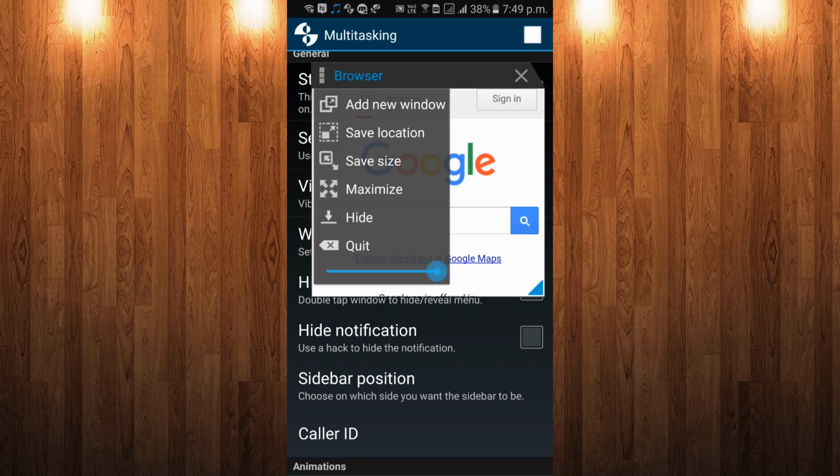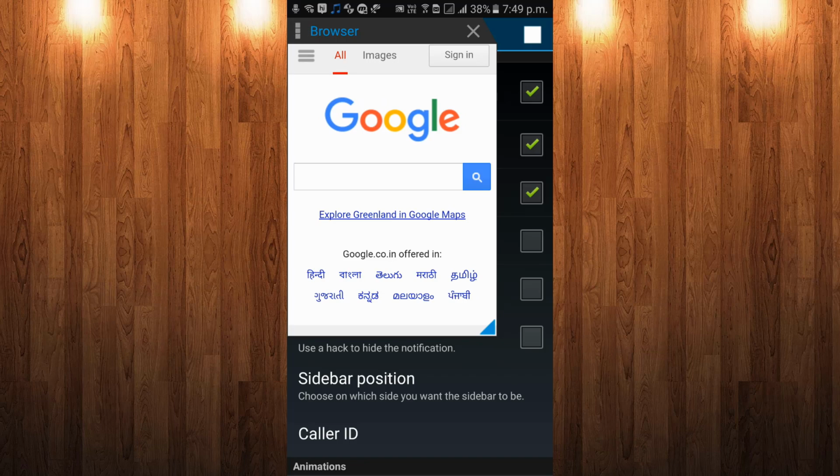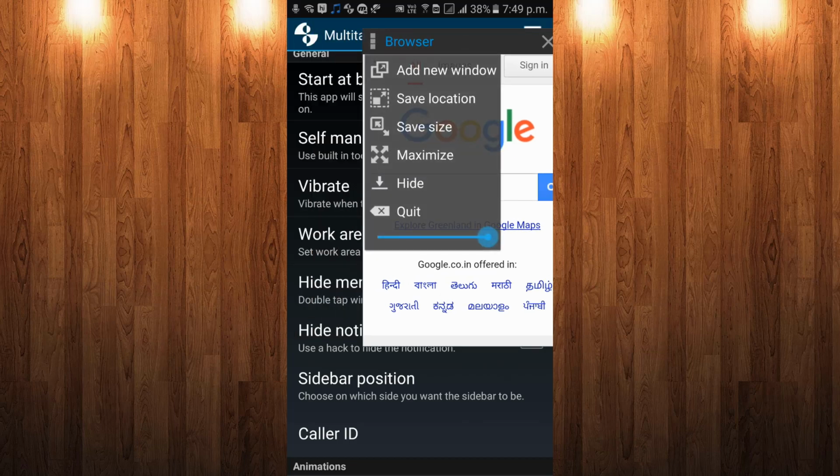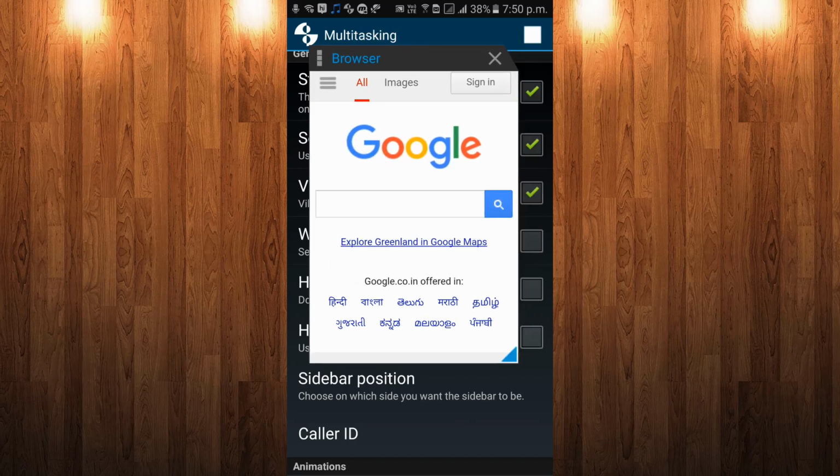If you want to maximize it to your complete window, just click on maximize, then it will be maximized. And if you want to quit, you can quit by this quit button, and you can also click on this close button here to close it.